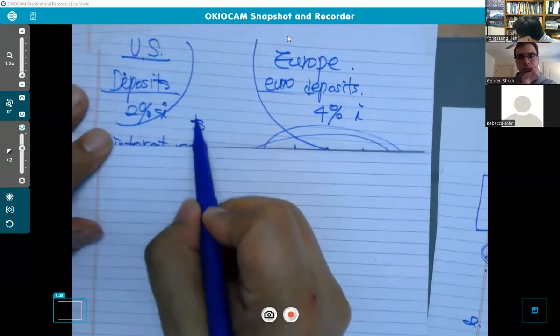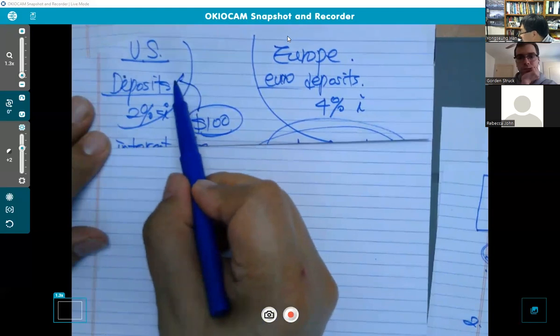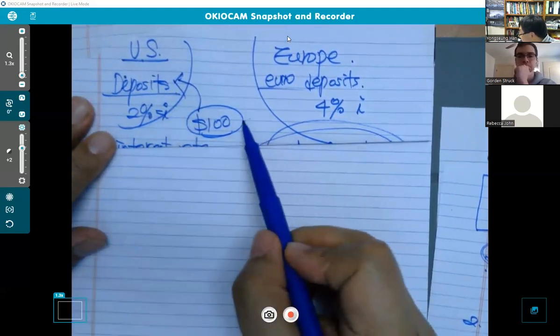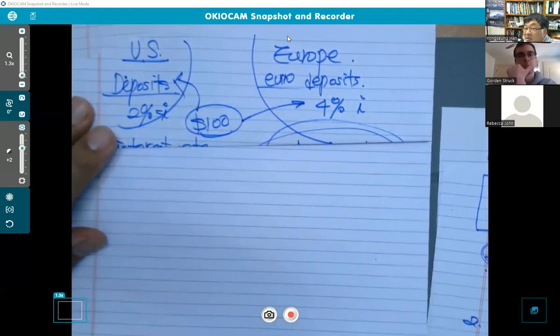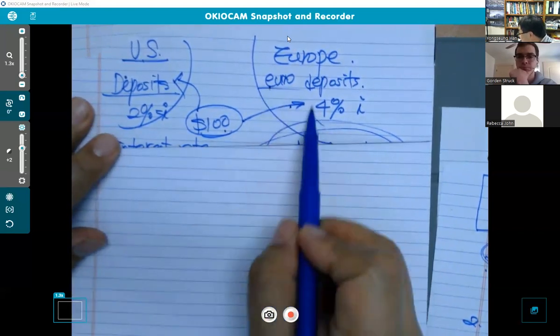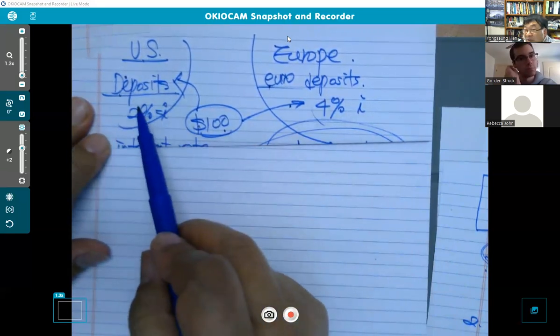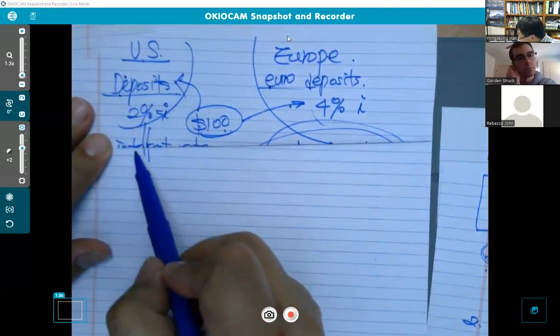Let's say you have $100 in your pocket, but you have two options. Either you put $100 into a US deposit or put this $100 into a Euro deposit. If you deposit to a Euro deposit, you can earn 4%. If you deposit to US, you can get 2%. But this is very simple. In this case,